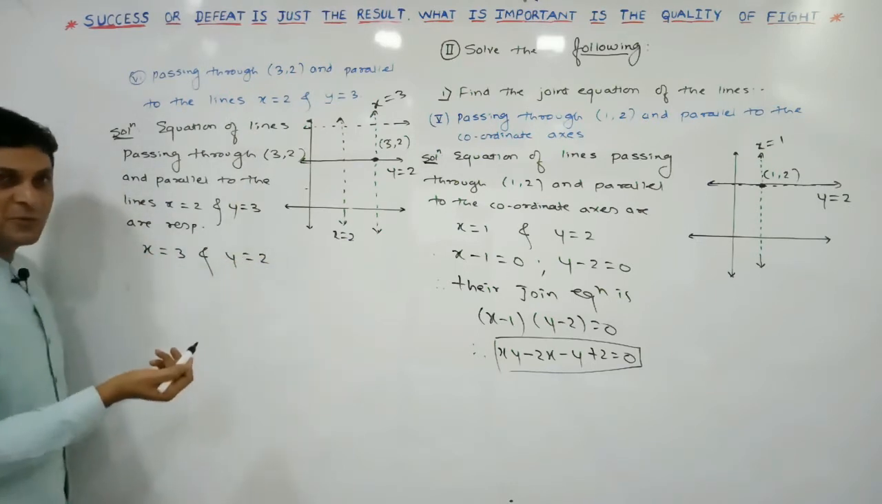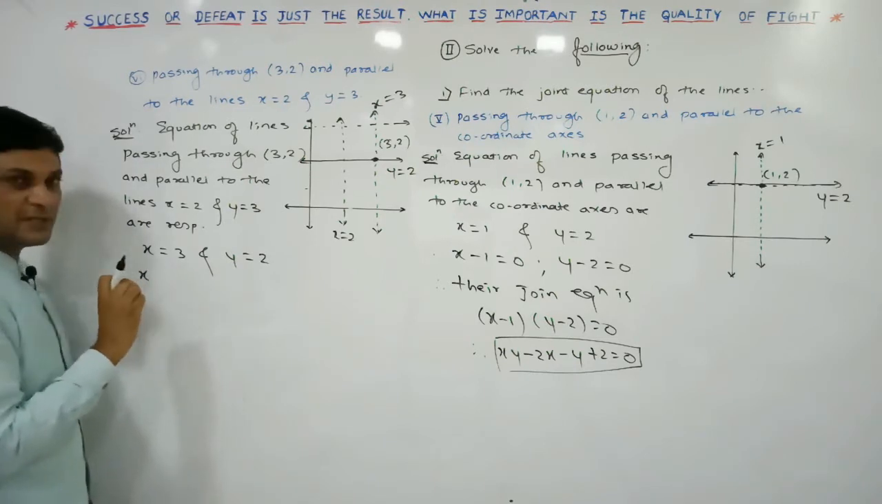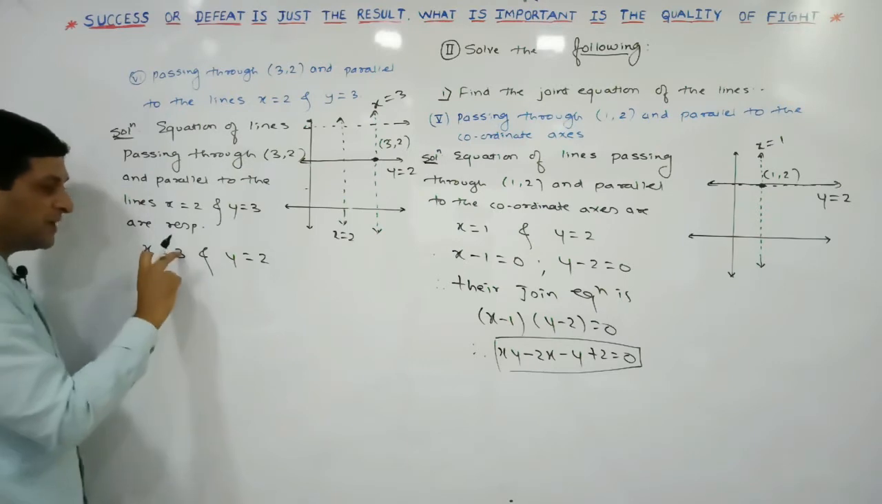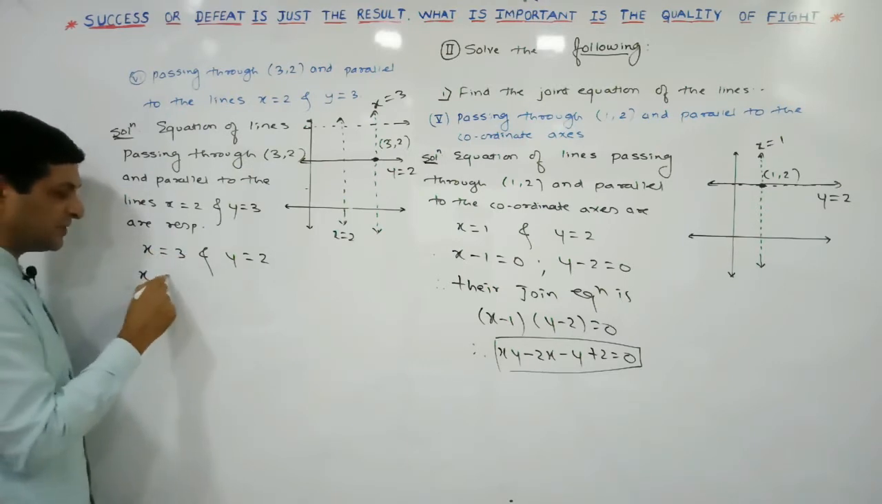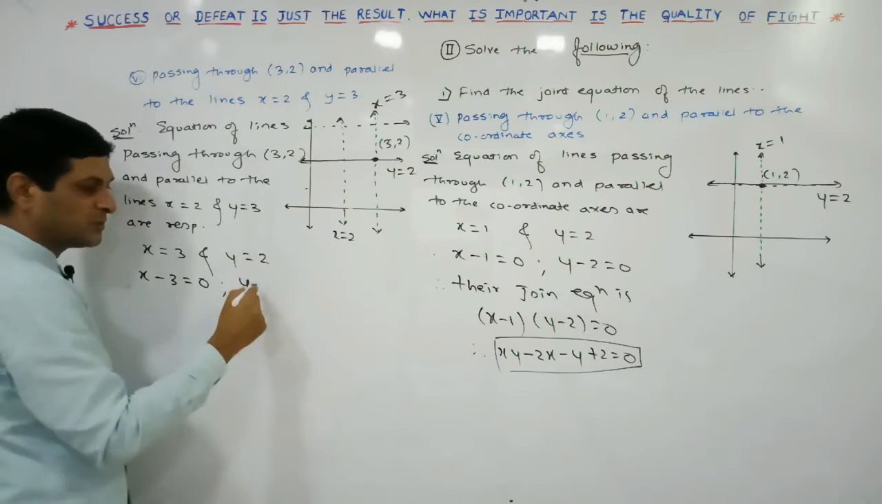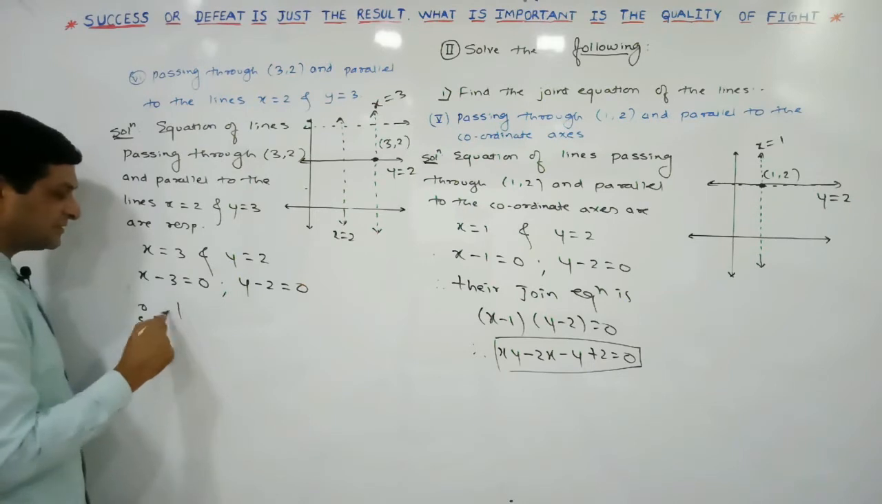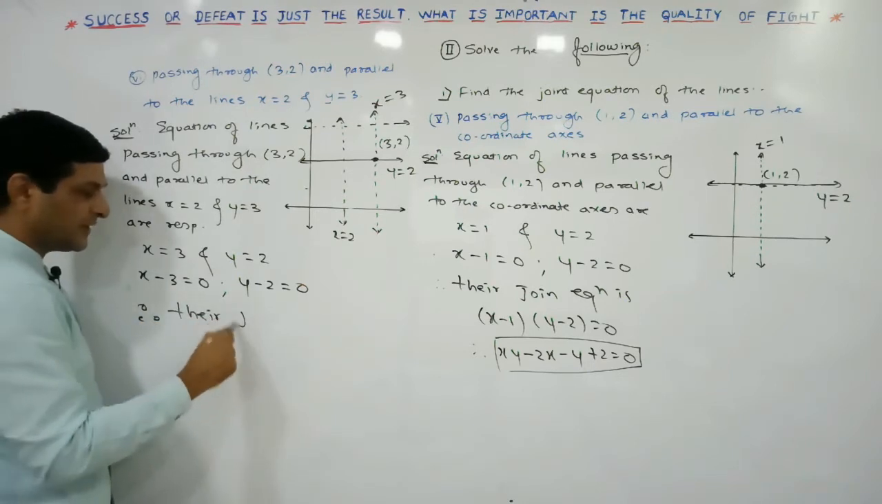Once the equations are known to us, write down this equation in which form? In general form, meaning the right hand side should be 0. Minus plus 3 on this side will become minus 3, so on this side we get 0. Y is equal to plus 2 on this side will become minus 2 is equal to 0. So therefore their joint equation